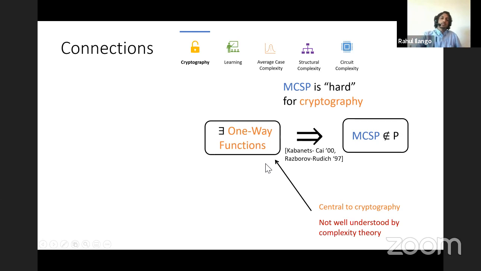The way I like to informally think about this is that MCSP is hard for cryptography. It represents a universal attack. Of course, MCSP being hard for cryptography is interesting, but SAT is also hard for cryptography. If SAT could be solved easily, you could break all of crypto. Why is this so interesting? Well, the hope is that maybe MCSP is complete for cryptography. Maybe you could actually pull a one-way function out of the hardness of MCSP.